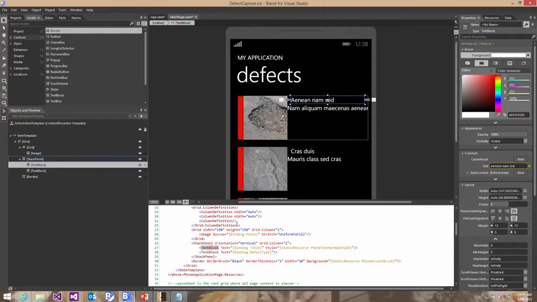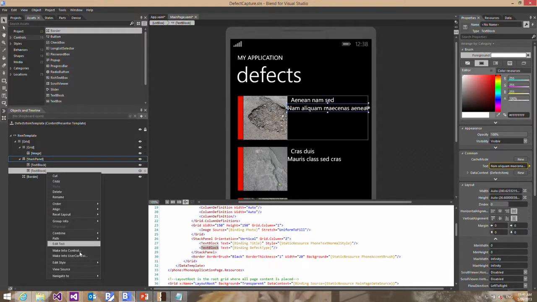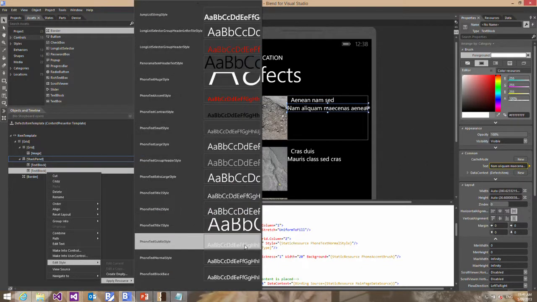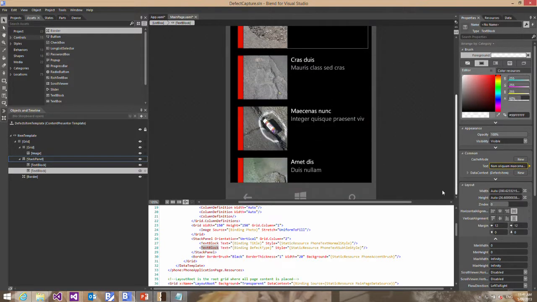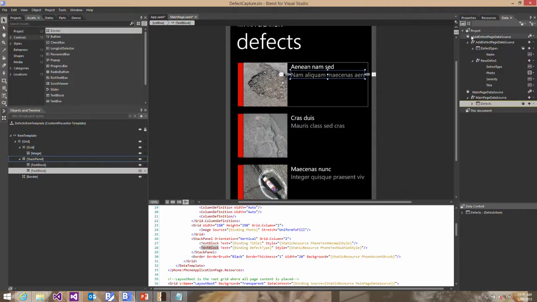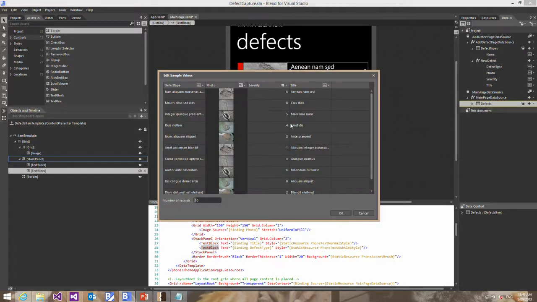The reason being is that my app is designed to work with the system colors, so it's going to be switching between dark or light theme based on the user's choice. So if I don't make use of the styles, then all of a sudden I'm going to stop seeing some of my text when they switch the style on me. I'm going to use the subtle style for the defect type, and that's pretty much what our list should look like. Okay, so actually this is a pretty bad example of some sample data, so let me go in to modify that slightly. If I modify that,